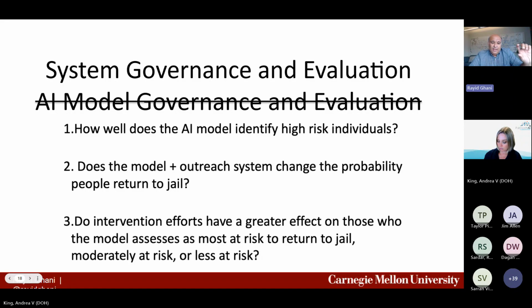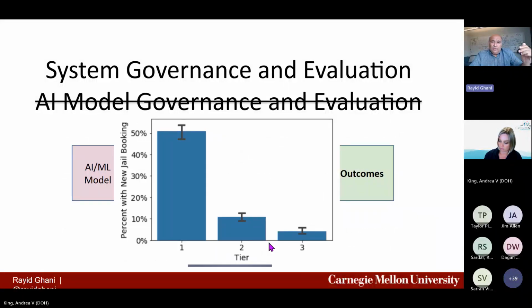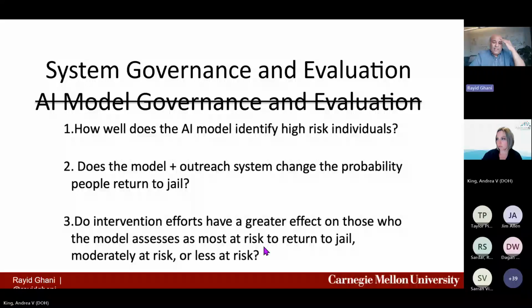If you click again, this is one example from the work in Kansas of people who are using mental health outreach to reduce return to jail. We find that the people we predicted who were in the top tier, when we ran a randomized controlled trial, it does identify them more accurately. But then more importantly, if you go to the next slide,